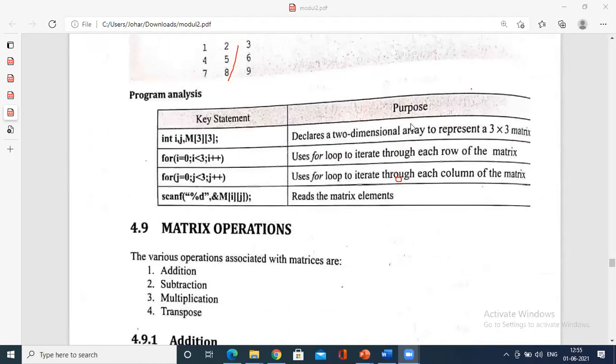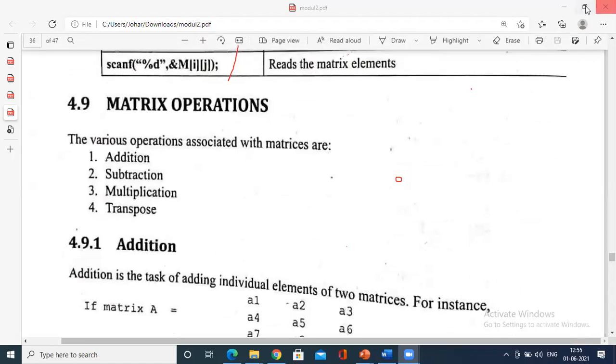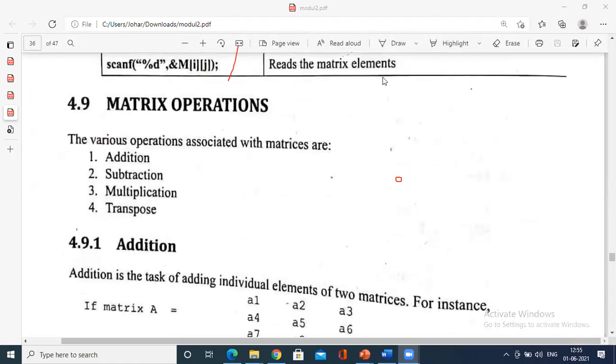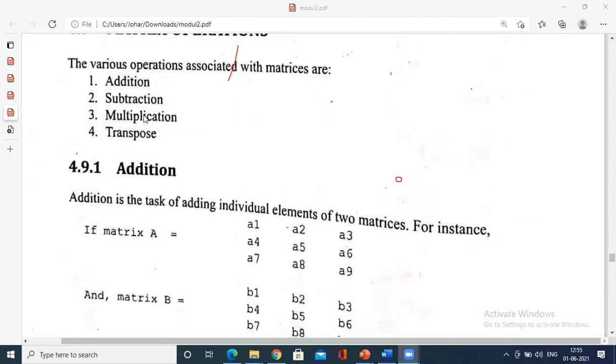Now the basic things: what are the things that could be done with this two-dimensional matrix? You could do addition, subtraction, multiplication, and transpose. Addition and subtraction are the easiest methods. Again, I stress these things you have studied, the matrix multiplication when you studied in your first sem or second sem.